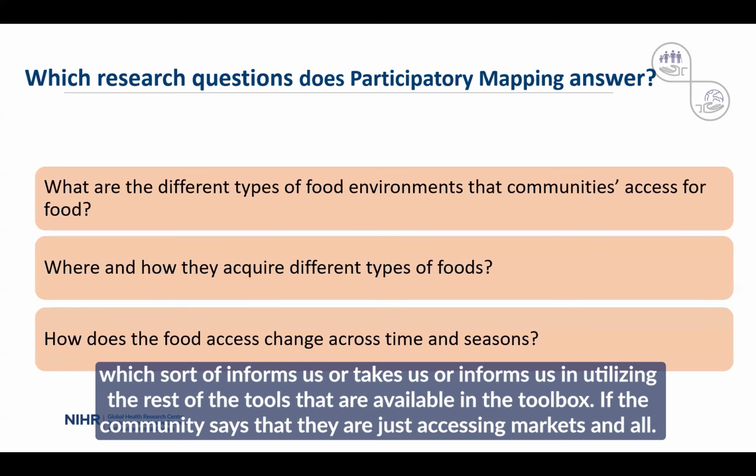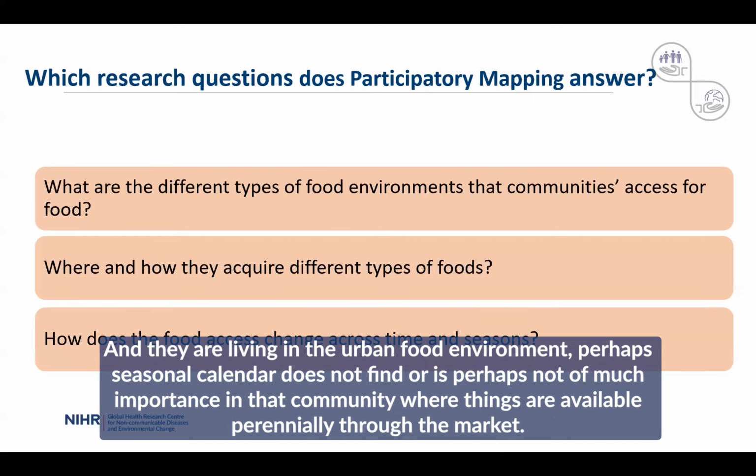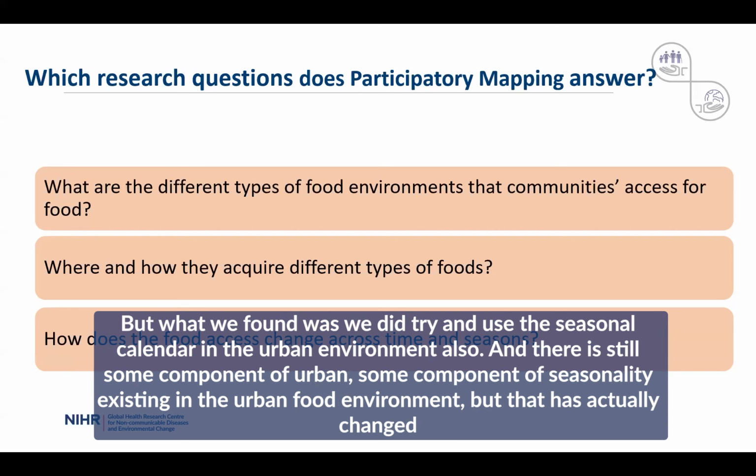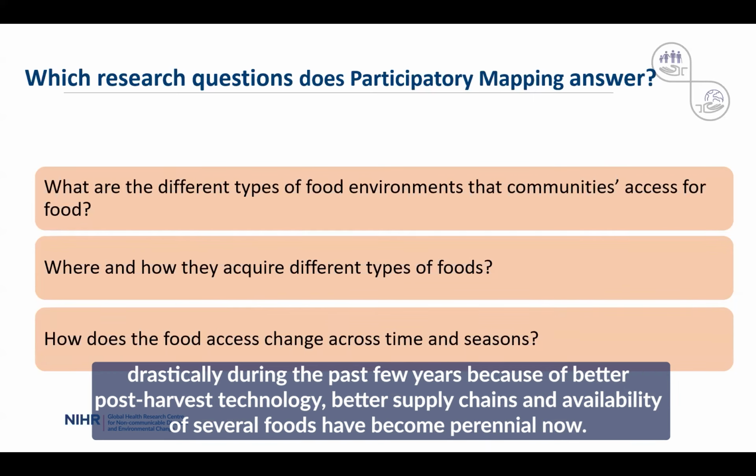If the community says that they are just accessing markets and they are living in the urban food environment, perhaps the seasonal calendar is not of much importance in that community where things are available perennially through the market. But what we found was we did try and use the seasonal calendar in the urban environment also, and there is still some component of seasonality existing in the urban food environment, but that has actually changed drastically during the past few years because of better post-harvest technology, better supply chains, and availability of several foods has